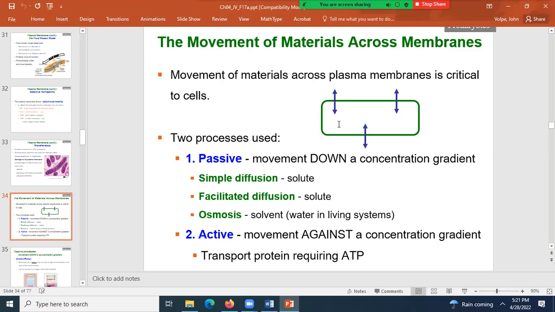Like for example, if you were to eat a diet rich in sugar, a diet rich in glucose, outside the cell of your gut would be lots of glucose. Inside the cell would be less glucose. And then the glucose could move across the plasma membrane in a passive process, moving down the concentration gradient. Now, that is not simple diffusion because the plasma membrane will not allow glucose to move through it. But you can have a protein that will facilitate the diffusion